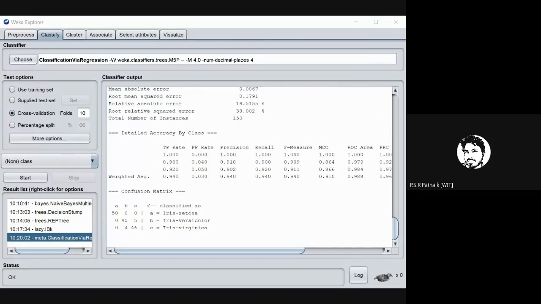So we tried naive Bayes, we tried a basic decision tree, we tried a tree based learner, REP optimized, we tried a lazy learner, which is IBK, which is nothing but KNN, and in the end we also tried a regression based classifier. So which one would you prefer? Decision stump we will ignore because the performance is very poor, and REP tree is fine, but if I want to select two best algorithms which have performed well, they are probability based and regression based classifiers. Out of these two, which has performed better?